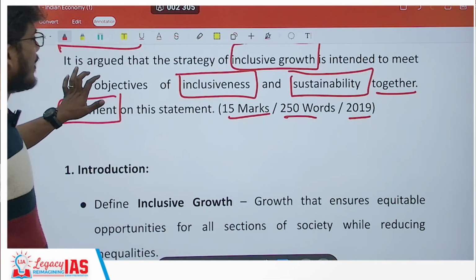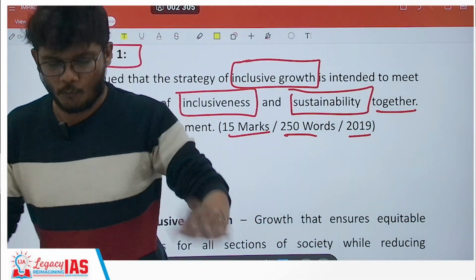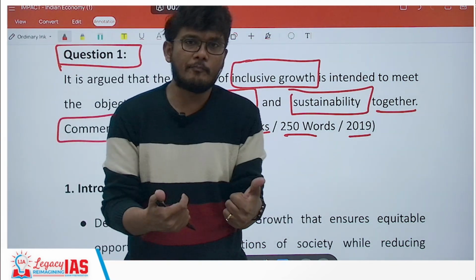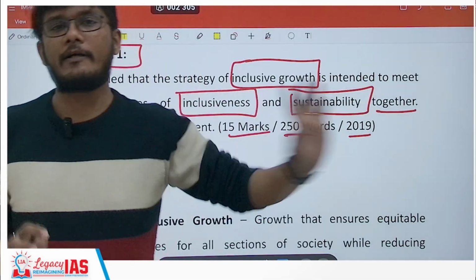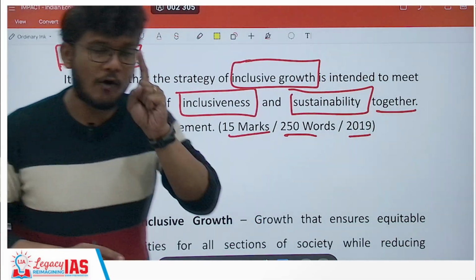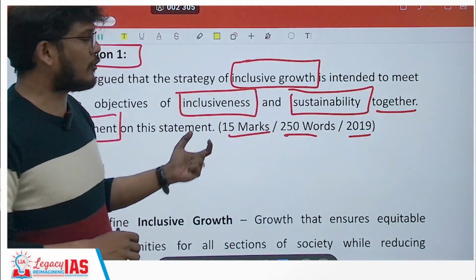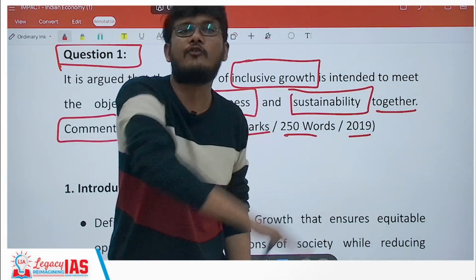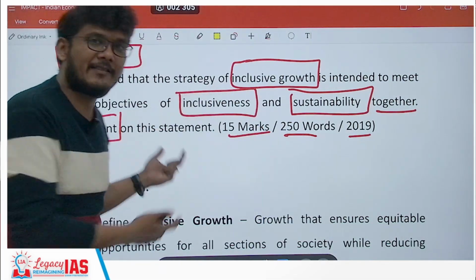Now, the most important part about answer writing is to understand what the question is saying. Once you understand that, then you can do the second most important part, that is address what is being asked. And also remember, when a certain thing is being mentioned with respect to certain keywords, make sure that you answer with respect to those keywords. I'll give you an example here. So let's start analyzing this question.